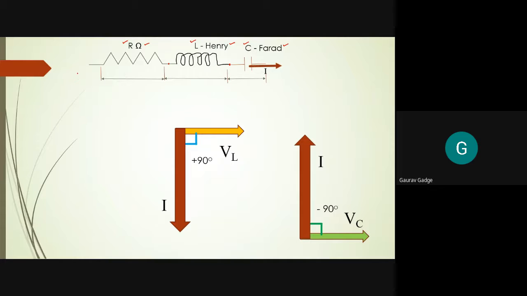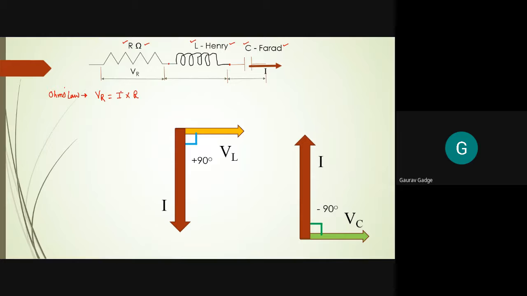So when this current passes through all the three elements, it gives a voltage drop across each element, like VR. So VR is the voltage drop across a resistance. Now what should be the equation for that voltage drop? If we apply Ohm's law to these individual elements, what we can write is VR is equal to I into R. VR is the voltage drop across a resistance, so it is current into resistance.